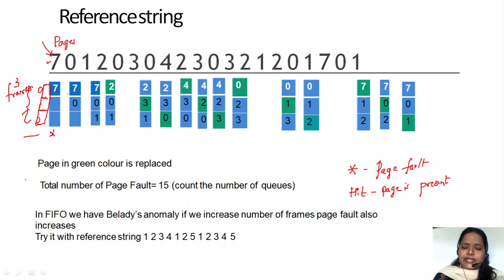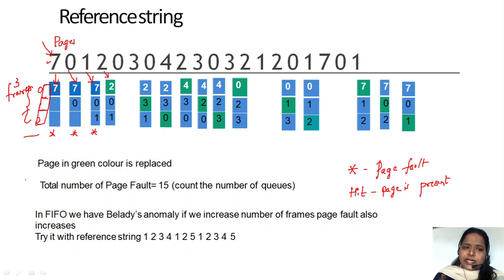Next, the 0th page we have to insert, so we have a free frame, so it is also a page fault as there is no page. And next, this is for this, and this one here, 7, 0, 1. The first page is also not there, so it is a page fault. Next I have to insert 2.